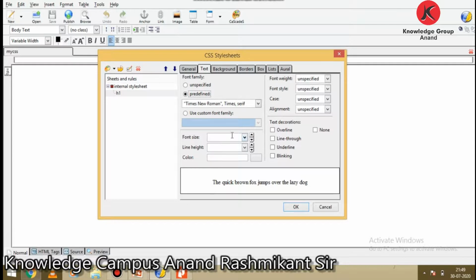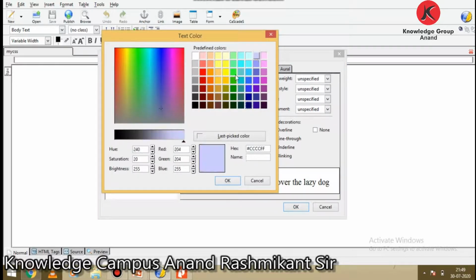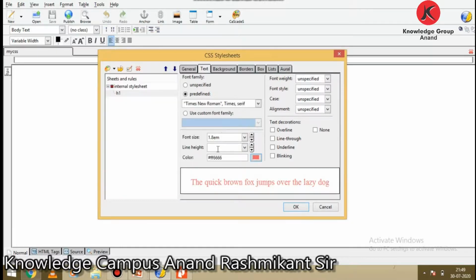For font size, you can increase or decrease it with the up arrow and down arrow. Then you can define a font color. Suppose I define the font color light blue or any other color. Then define the case as per our criteria: we have to apply uppercase case and center alignment.